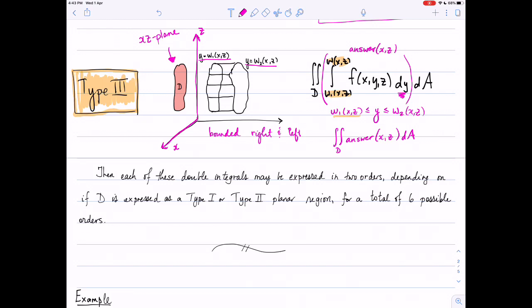And so depending on whether D is expressed as a type 1 or type 2 region, if we do each of 2 types of regions for each of the 3 types of integrals, so there's 3 types of solids, and for each of those we are going to have a region D, and there's 2 types of regions, then in total we are talking about 6 possible orders of